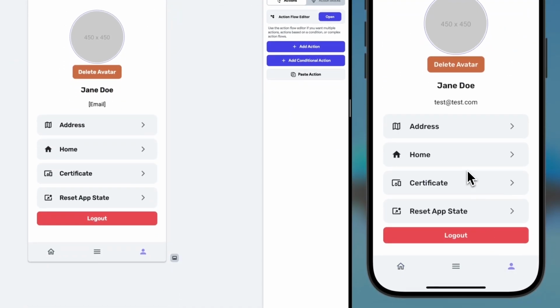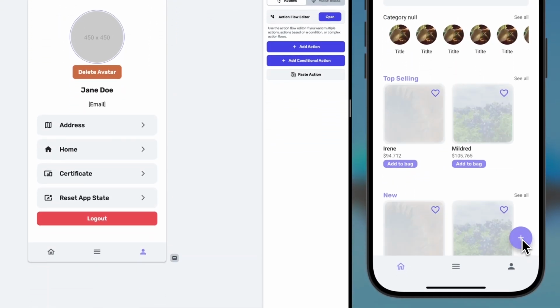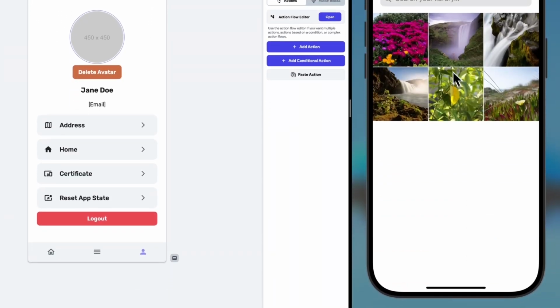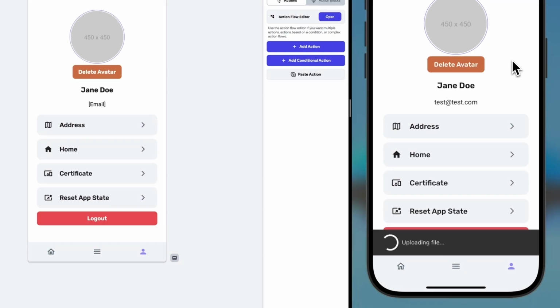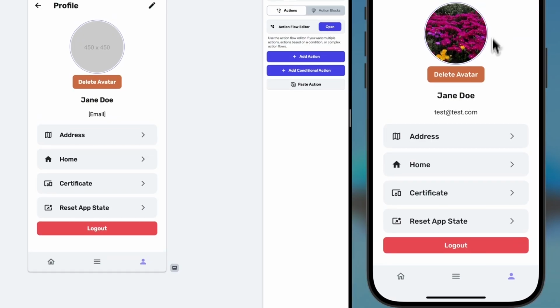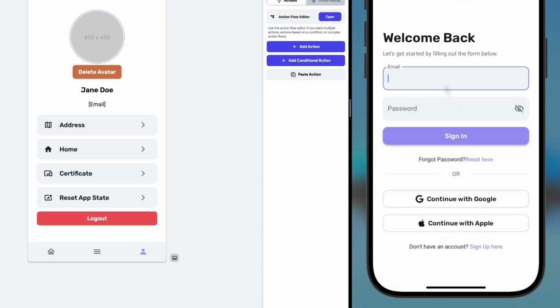If I even reset my app state completely, so that we make sure there is no state here, let me add a couple of products. And now I can go and upload a new photo. Let's say this one. After the photo is successfully uploaded, we see the picture. And we need to see another snack bar. It says photo updated, which means now if I log out again and clear all the state,